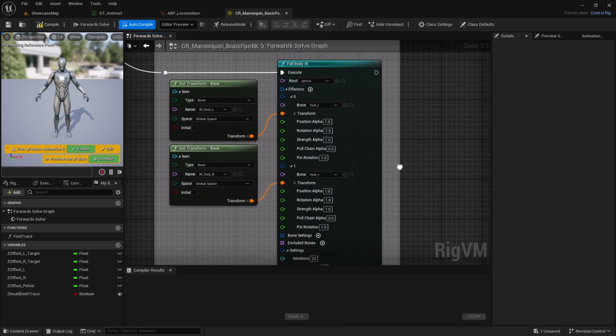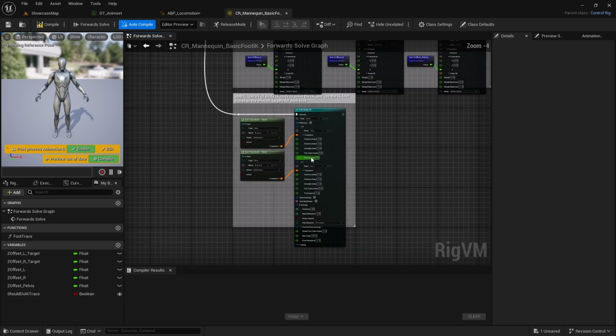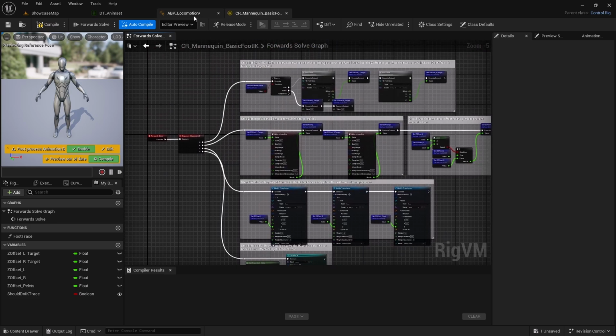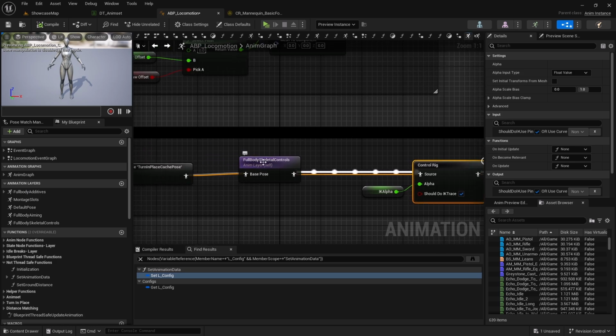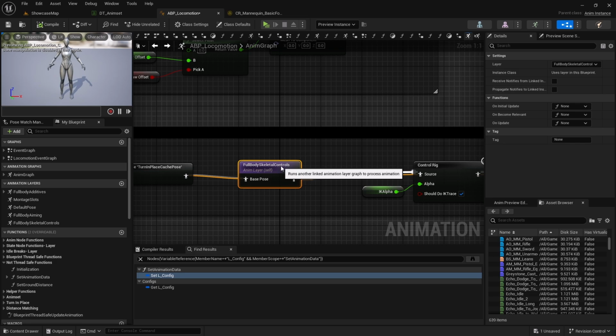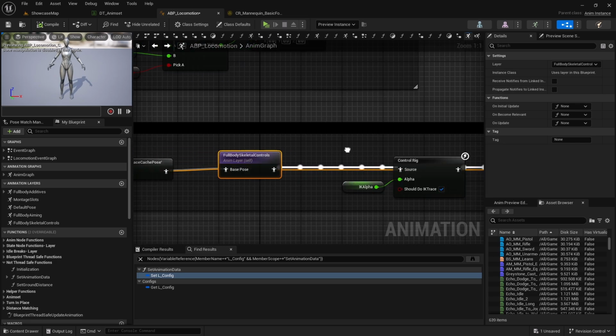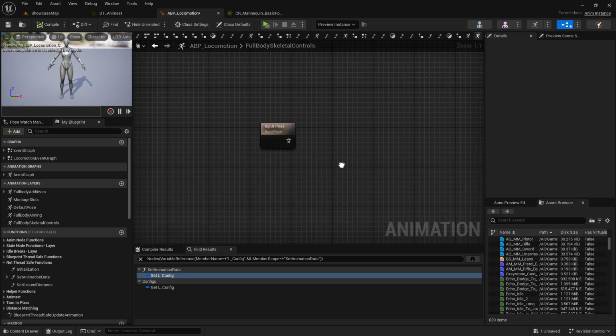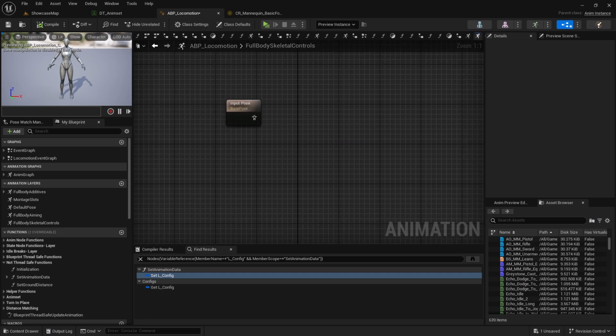So foot tail and foot arm manipulations are there. So I think we don't need to add these foot specific stuff for this specific full body skeletal controls for now. But in case if we face some issues, let's add those stuff to here, right? So for now what we can do is